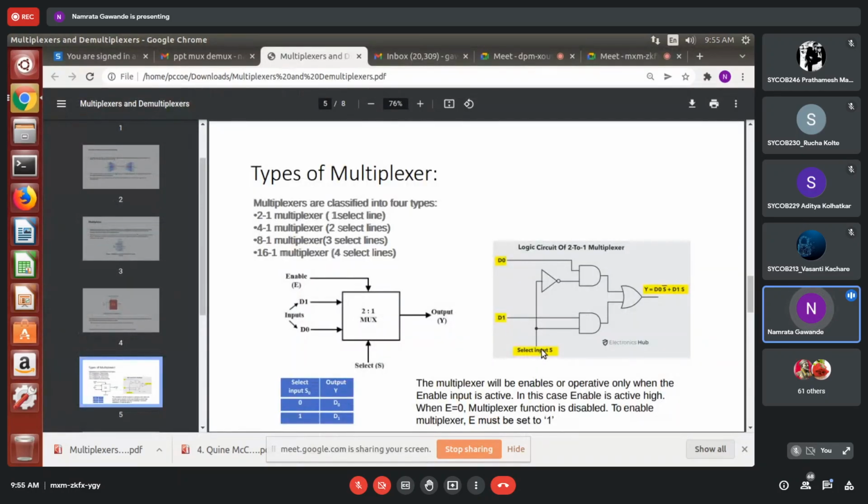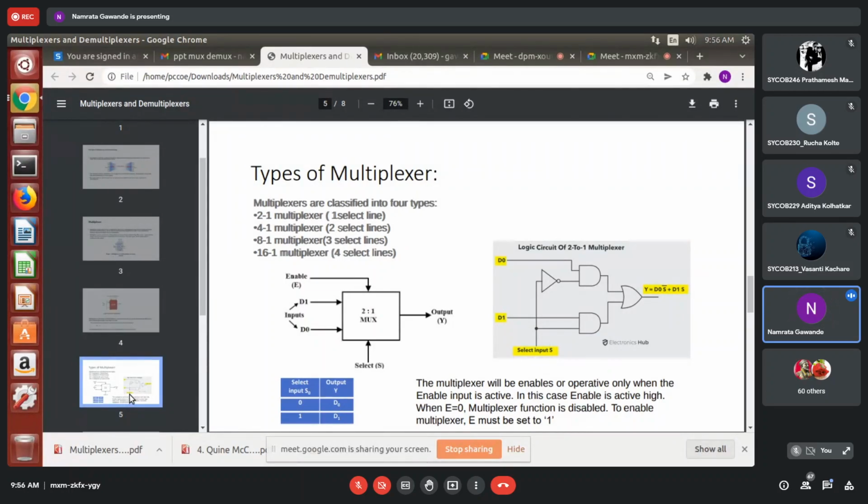As is, the select line, D0, D1, two inputs. So this is the equation. This equation we are getting from this truth table. This is not as such required, but from an understanding point of view, you should know this. How many AND gates are required in the 2:1 mux? Two AND gates are required in the 2:1 mux and one OR gate is required. So if you understand this truth table, you will understand this particular logic circuit.